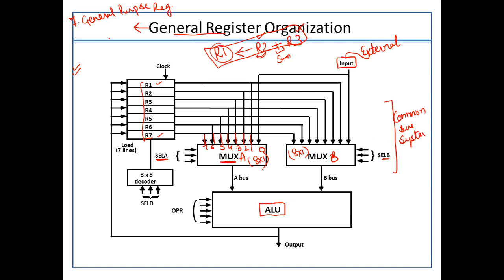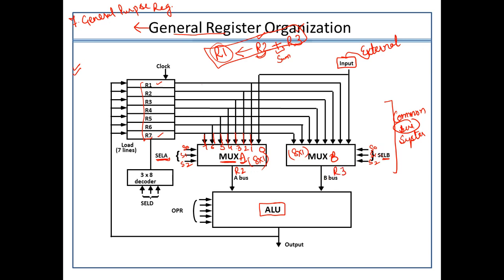Remember, in the major components, I taught you that for transferring the data from one register to another register, I will make use of the bus. So the bus system is designed using multiplexers. I need 3 selection lines, S0, S1, S2, for the multiplexer of line A, and similarly S0, S1 and S2 for multiplexer B. Then the data from R2, let's suppose, is taken care of from this function table. Similarly, R3 is taken care of.